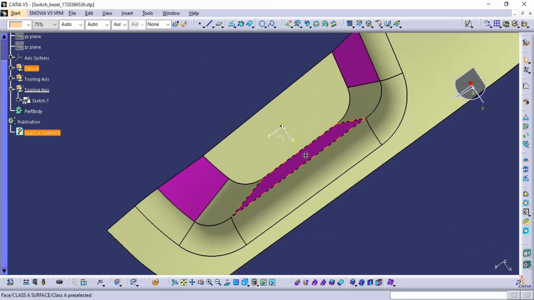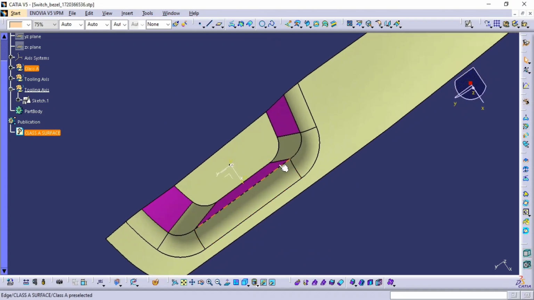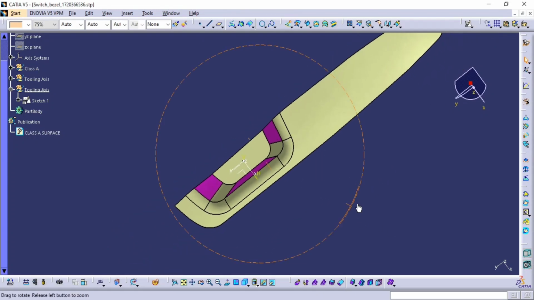You can see what is happening now. Through a sketch, we have developed one line with an angle of 7 degrees, so that all draft faces are visible. All draft faces are being covered. So that is okay. This line can act as my